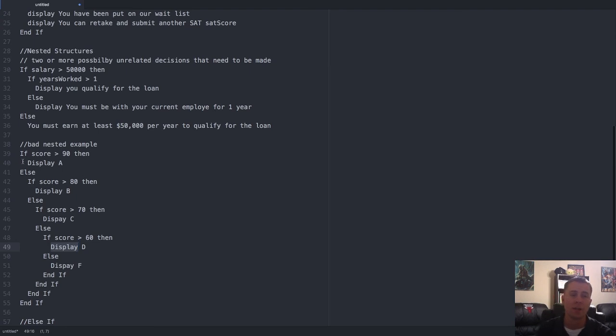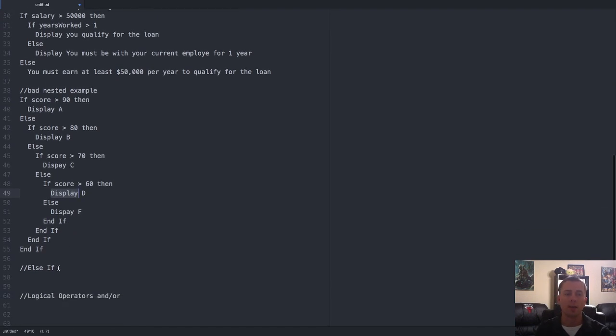Now you can see how this gets to be kind of a mess and things start to scaffold to the right very, very quickly. And there are better ways to do this type of problem. So instead of nesting it, which can be done, it does get ugly. The better alternative is to use something called an else-if statement. So it allows us to ask more if questions when something's false, but to do it in a much more